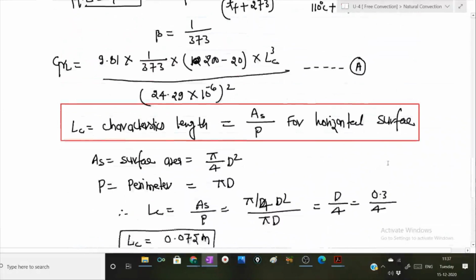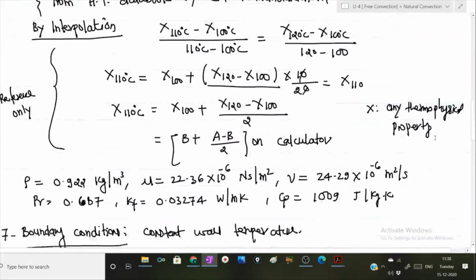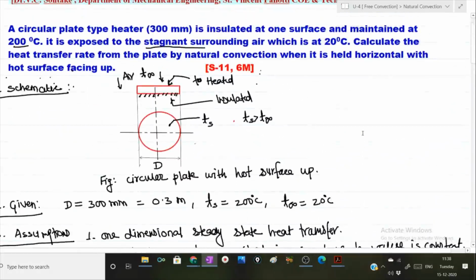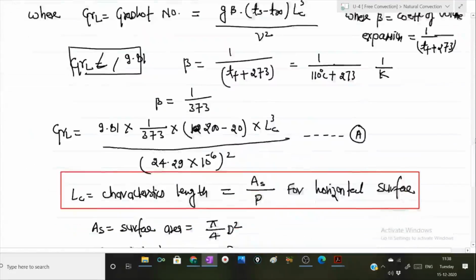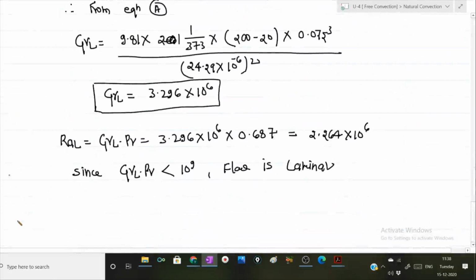Now, these were up to step 8. We were following the general steps. Now we will be doing calculation to calculate H and Q. First Nusselt number expression, then H and then Q. So step number 9. Let us find out the expression for average Nusselt number and H bar.